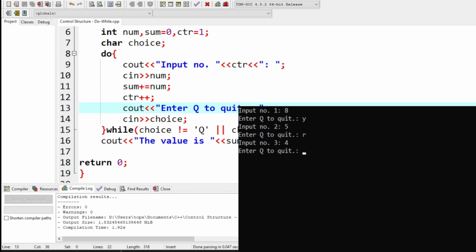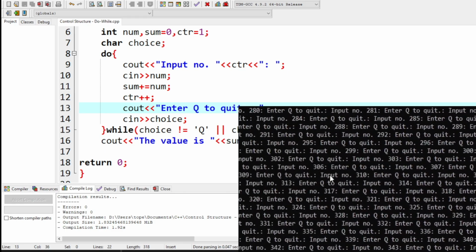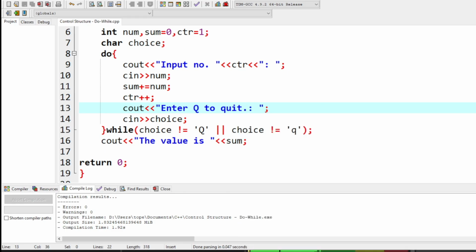Okay, input number 3, for example 4, then small letter q, still Control C. So it's not working, so let's add